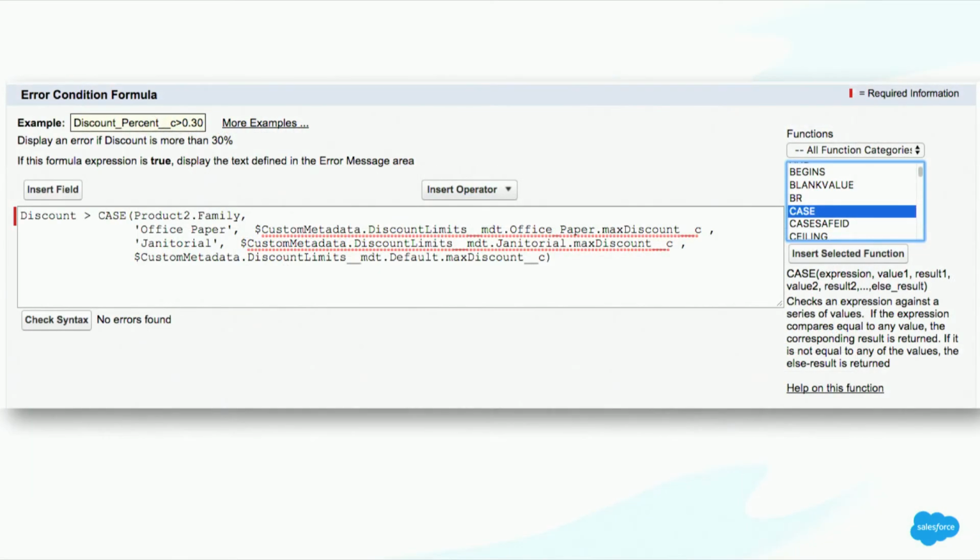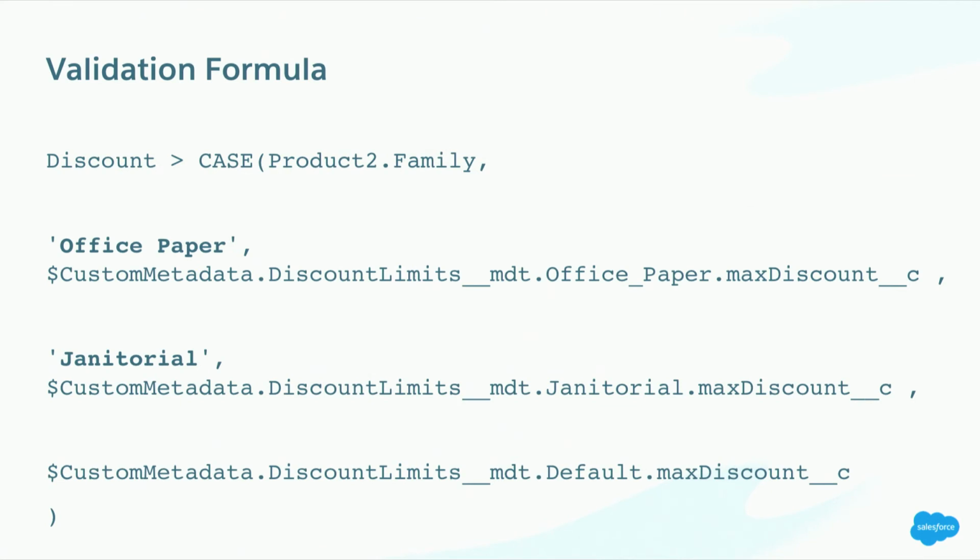We can do that with a case statement. And a case statement, if you haven't written a lot of validation rule formulas, is like a switch in Java or a big if-else block. Let me make that bigger so it's easier to read, and we can go through that. So this validation rule fires if the discount is greater than, if the product's family is office paper, then,